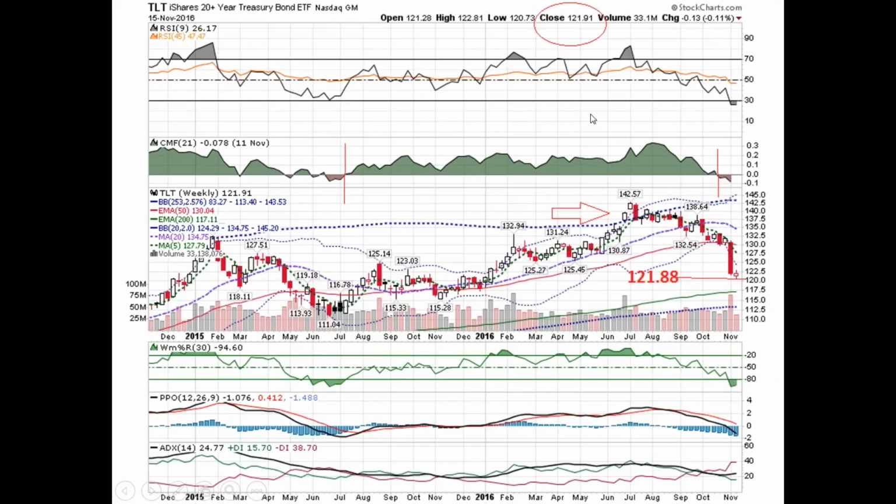But this is kind of interesting too. I pulled off the weekly chart, okay, and a couple of very significant things were occurring here on the TLT. There's the 121.88 level, okay. So you can see that we're right at that 121.88 level, all right. And as I said on the 60-minute chart, if we get two closes under 121.88, I expect a move down to around 113 to 116. And what's really interesting about this is that the mid-band over here happens to be 113.40. So the supposition here would be that if it failed at 121.88, it's probably going to run right back down